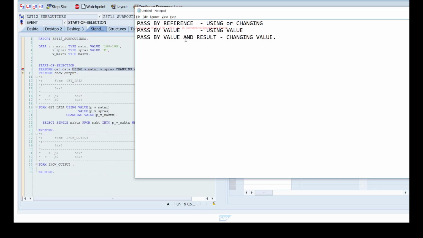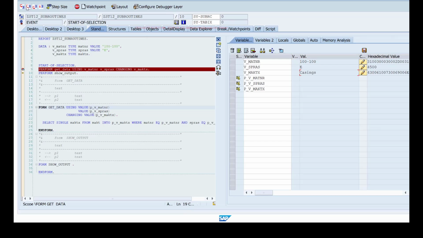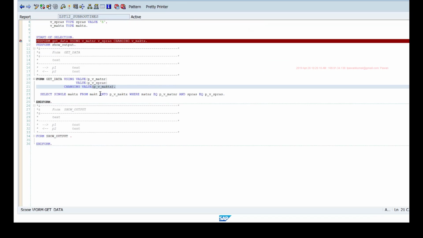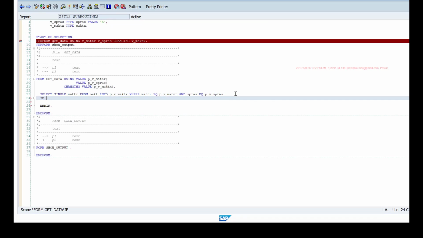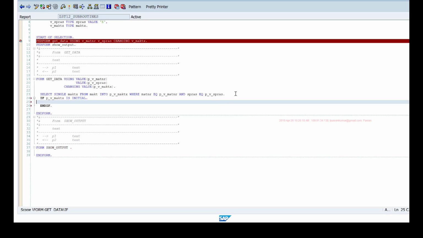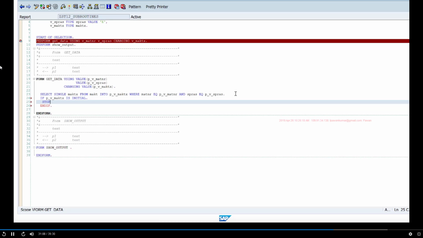Okay, so this allows me to do certain things. For example, after this select statement, I can write some condition, any condition, and if that condition is not met, then I can use a statement called stop.